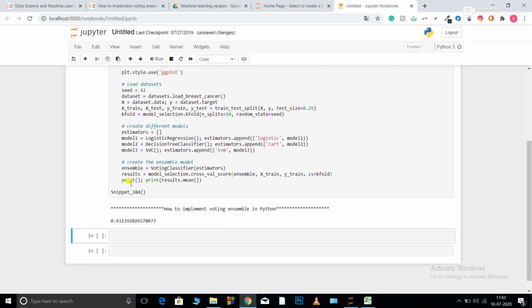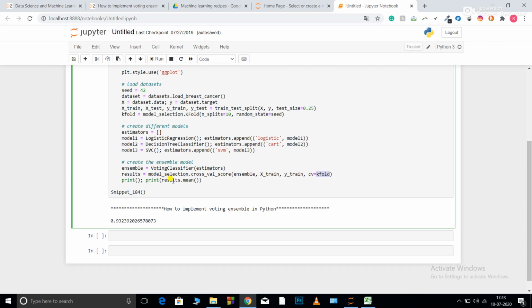and then I am performing the ensemble. So what does the ensemble do? Ensemble is equal to VotingClassifier with the estimators. When I pass this estimator list, it will perform voting classification for all of these three. Then result is equal to model_selection.cross_val_score, performing a cross validation score, it will give me the result. So basically the ensemble creates a model by combining all these three models, then uses X_train, y_train, and cross validation for giving me the result.